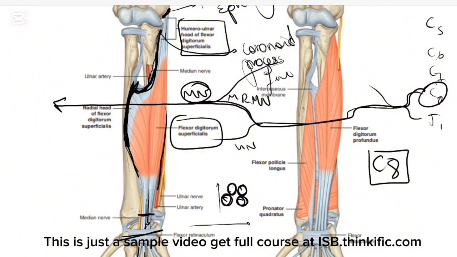So it means if in the exam they give you a case which has weak grasp, weak hand grip, there is a problem with the C8 nerve root, or some part of the brachial plexus which is carrying C8 nerve roots. This is so important, okay? Anyway,